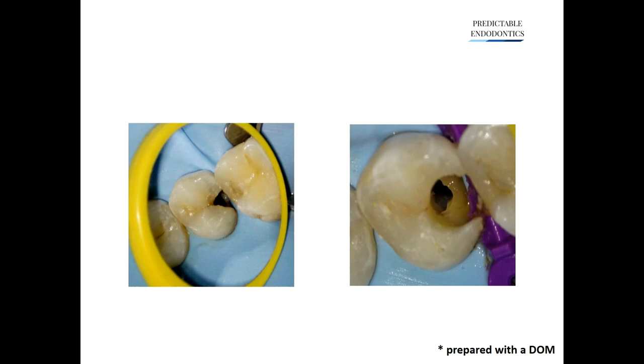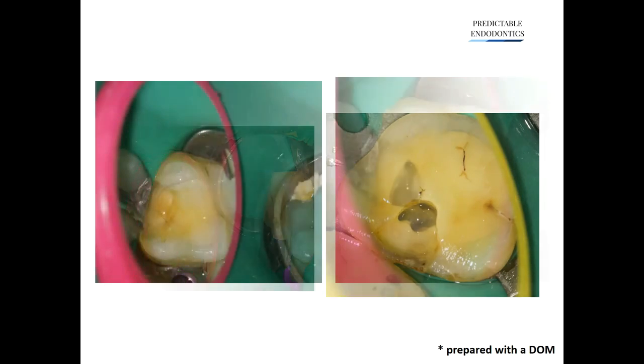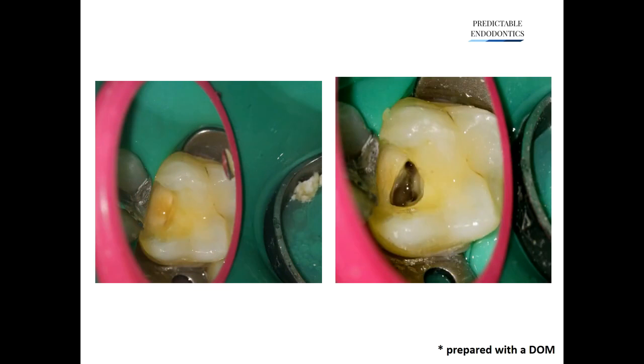Just a case where the caries has been removed and it falls directly into the pulp chamber. Another maxillary molar where the caries removal almost completely gives access to the orifices. Another maxillary molar here again. And all these cases have been done with the help of a dental microscope. So I would definitely recommend that a beginner opens his axis much further, wider and not as conservative as this.